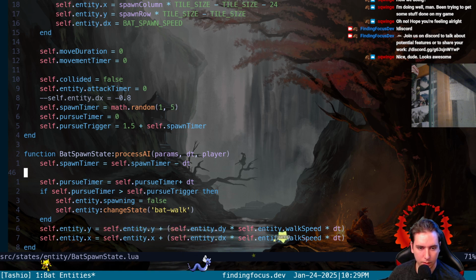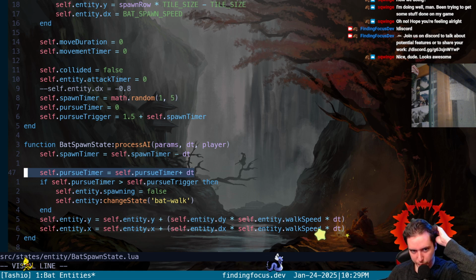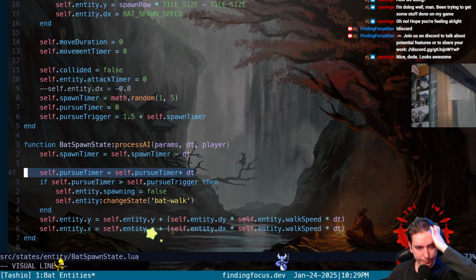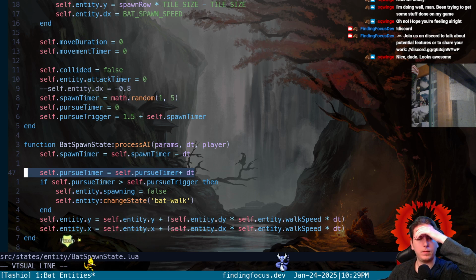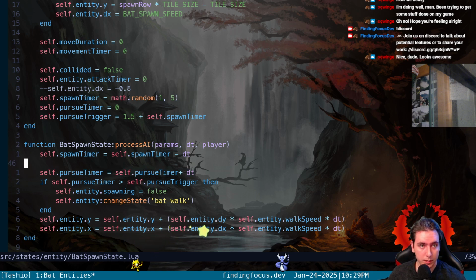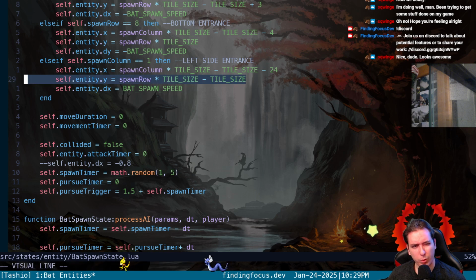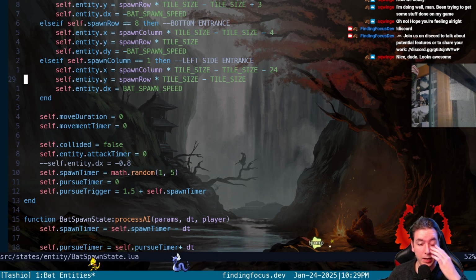And then we don't want to do pursue timer. Yeah, we don't want to assign... Oh shoot, how do we do this? It was nice in the init because we don't want to reassign our X and Y more than once. We just want to assign it and then